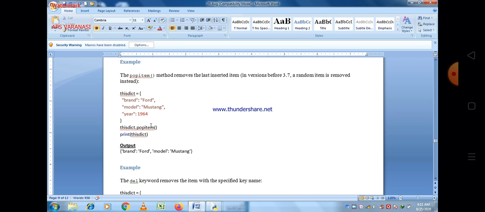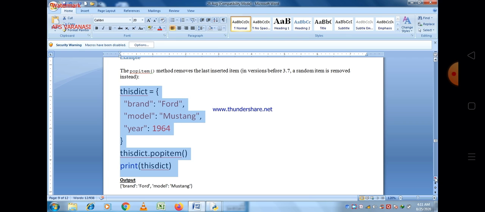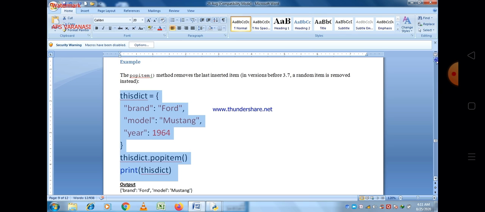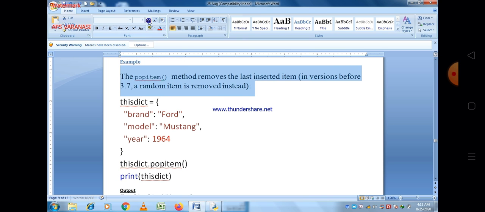So let us see. This is the program here. It is the same program as the previous one, the only difference is in terms of the method. Here we use the popitem method, and there is no parameter passed within the popitem method.